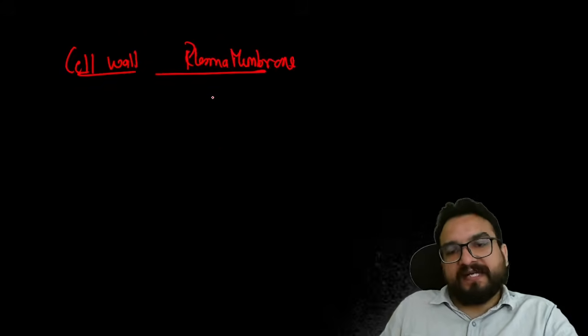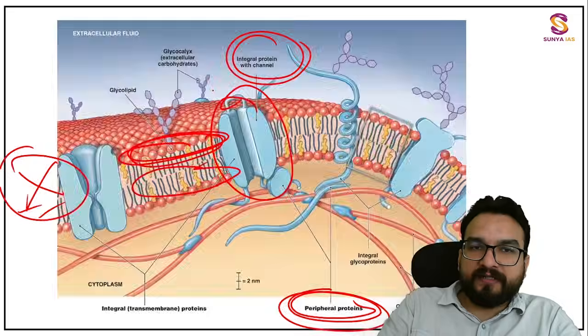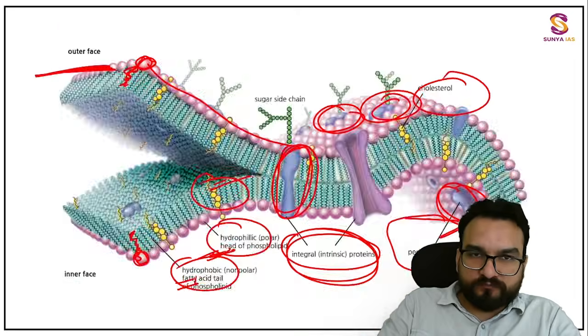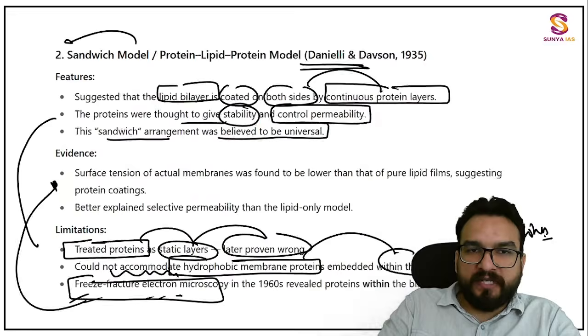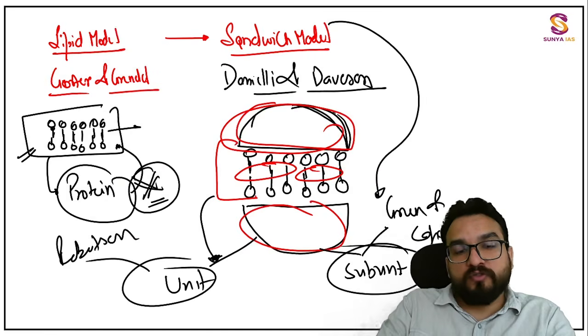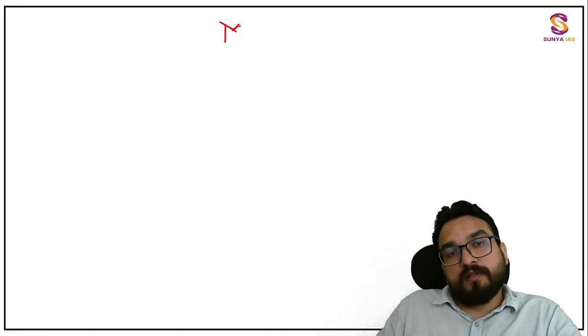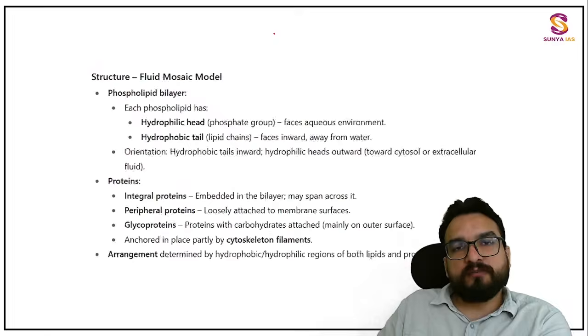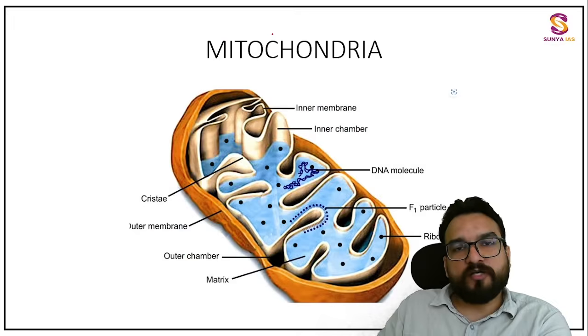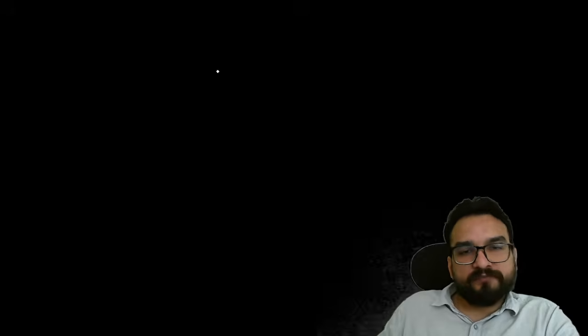Now we will be understanding the most important part over here, that is the mitochondria. Let me go to the blank page. Mitochondria over here. Very, very important, guys. Let me just show you first the structure of mitochondria. This is the structure which you are going to see.